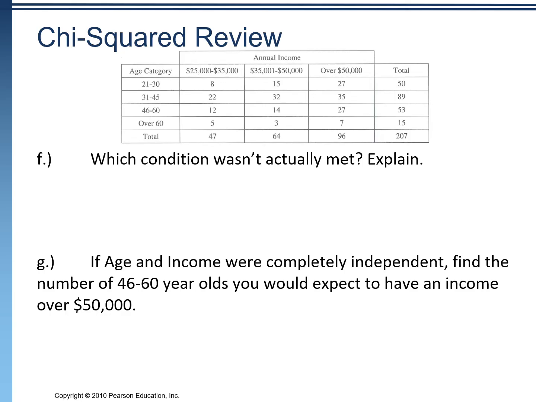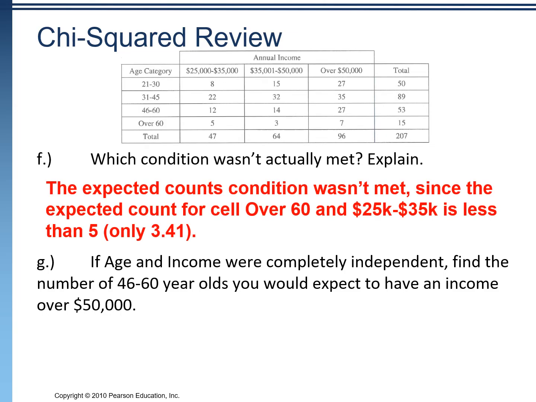Now, the reason it said on the previous slide that conditions weren't actually met is because I wanted us to do that test for the practice. But in actuality, one of the conditions wasn't met, and we really shouldn't have completed that hypothesis test. So the one that wasn't met was the expected counts condition. The conditions for this test are randomization, 10%, and expected counts. All of the cells should have an expected count of at least 5, and the one we checked there didn't. Okay, as soon as we find one that's not at least 5, we can say that that condition has been